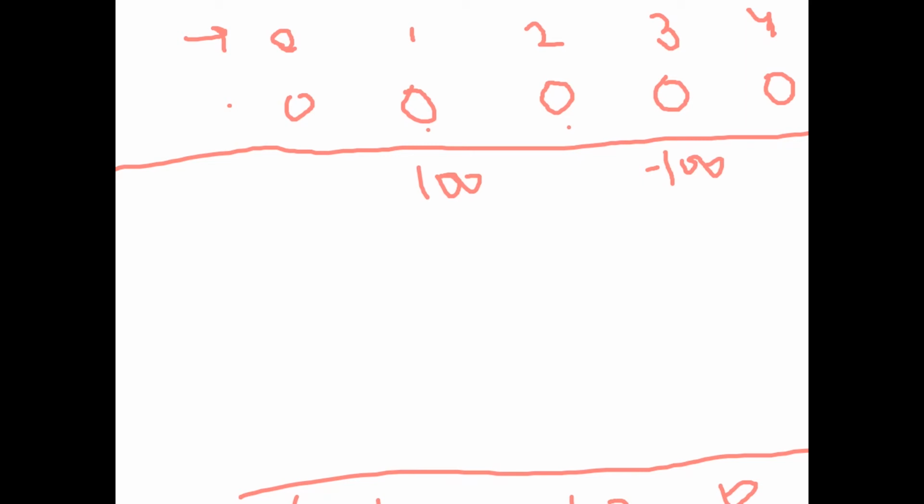Okay, so let's do it for 2. For 5 we don't have to do anything. For 6 we have to do minus 100. For 3 4 again 100. We won't do anything in 4, we will put minus 100 at the end. All right, so this is what we are having as of now. So this would be 100, 100, 0, minus 100, minus 100.